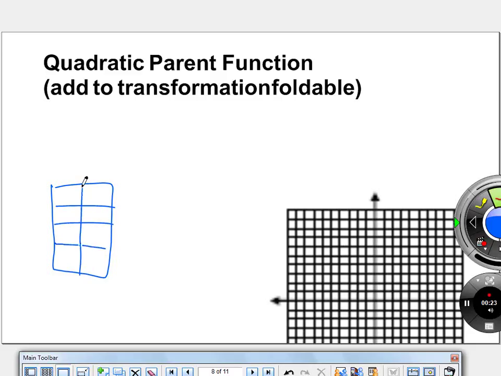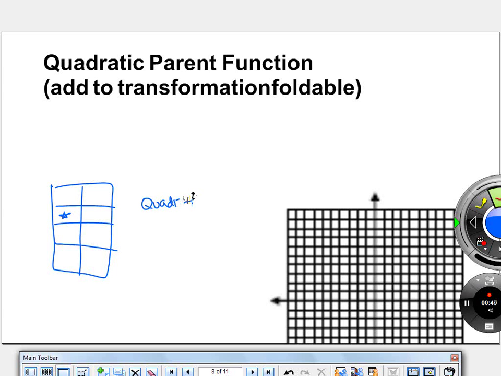The top 2 are going to be for absolute value function and greatest integer function, and we're going to fill those in during another day to review what the transformations look like there and put the parent function. So on this door right here, second door on the left-hand side, we're going to write the title quadratic function, write the parent function equation, and put the little graph of it. Okay? So it's going to say